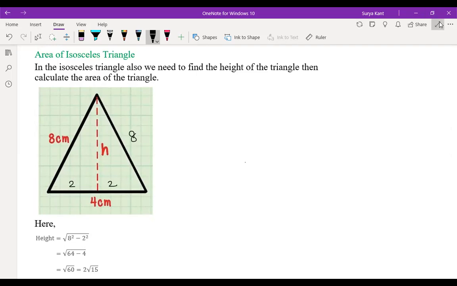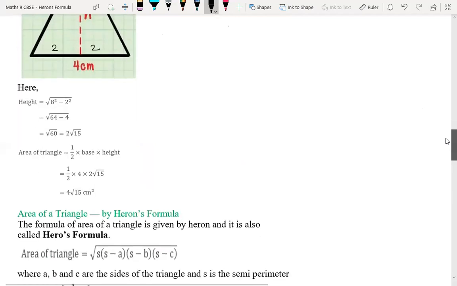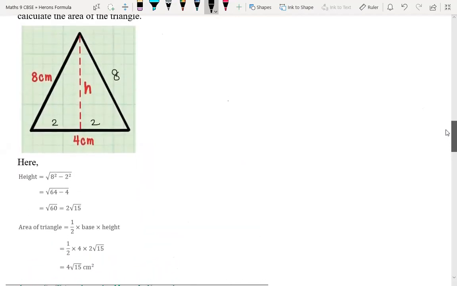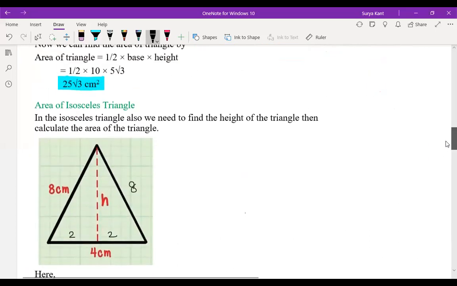There may be a formula, but you have to find it and tell me, okay? What is the shortcut formula for this? I have not written it anywhere. Okay, children, can you write? You can find the area of this triangle. All of you find the area of this isosceles triangle. What you are getting, just check.